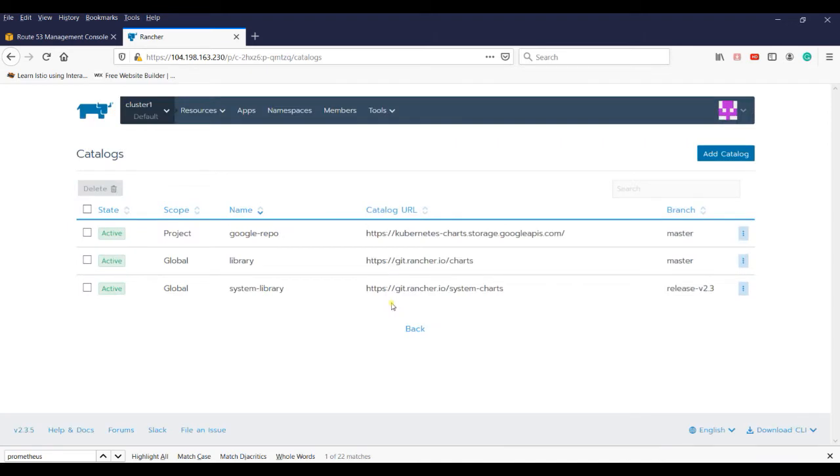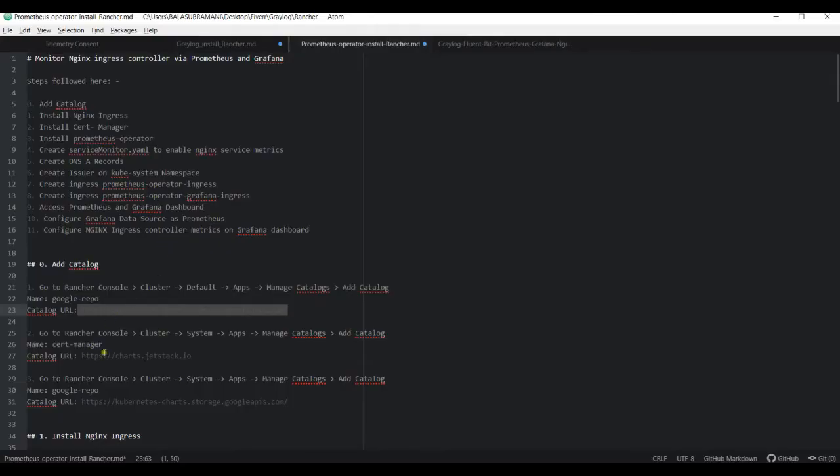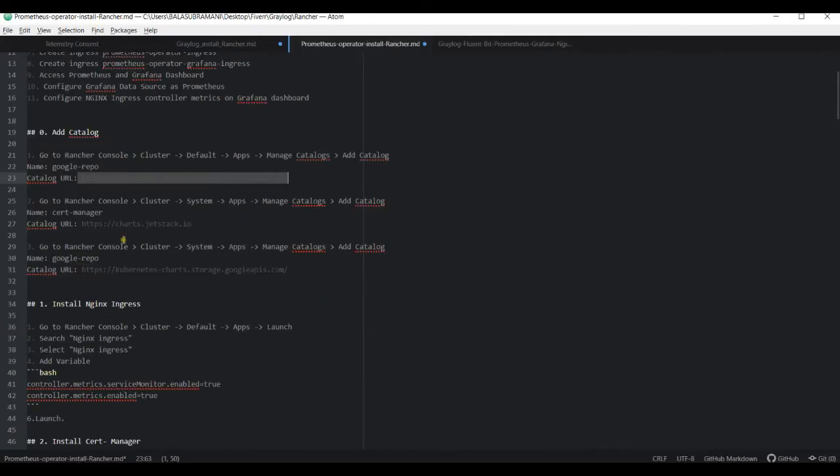Click create. In parallel we can add a few more catalogs. So we're going to add the cert manager catalog and again the Google repo catalog